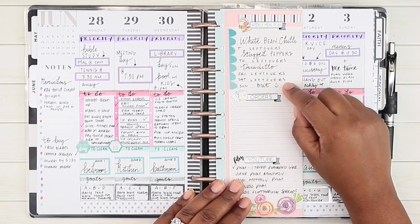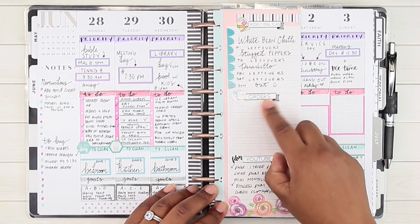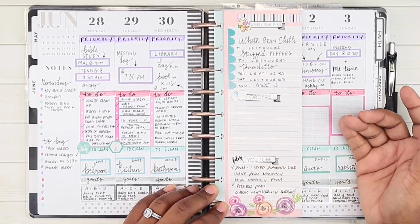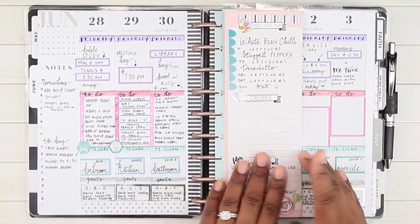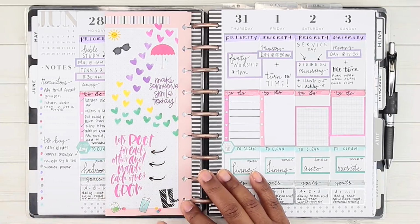But sometimes as we near the weekend, I end up going to the grocery store a little bit more, so I know it'll probably be the same this week. I do have orders here, which I'm actually working on today, but I haven't written them in. And then on the back here is just a little quote, and then it says, make someone smile today,